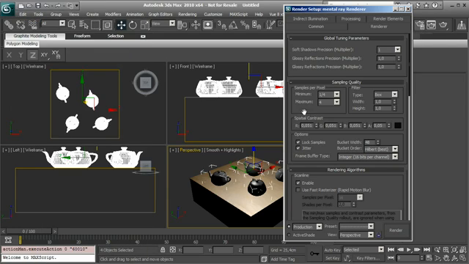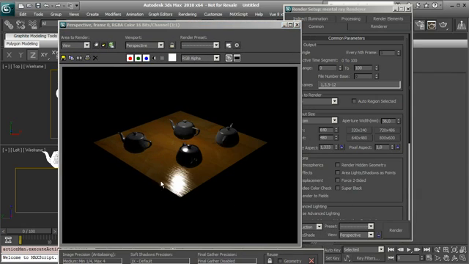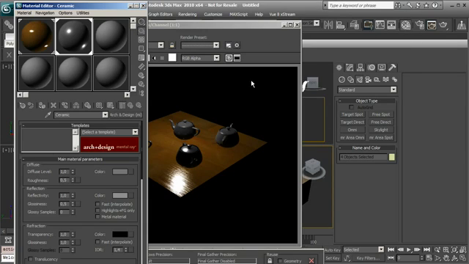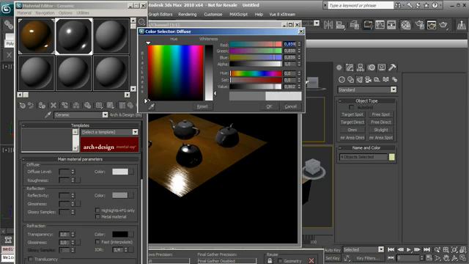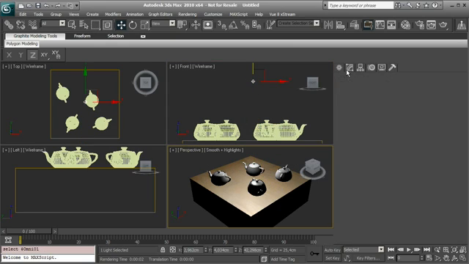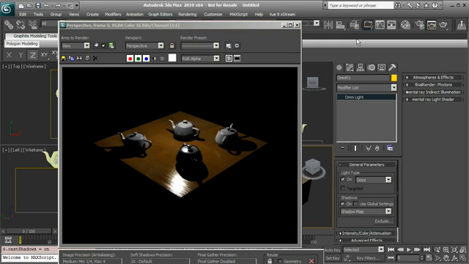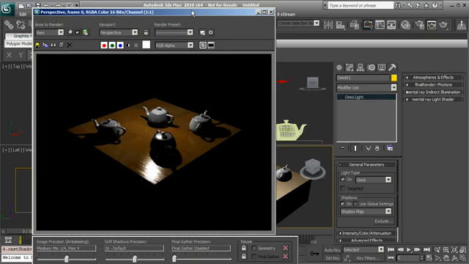Now if I try to render the scene, it will be really simple. You see we have the glossy wood, and we have the teapots. Let's change the color for the ceramic, so let's use white, and let's tone the shadows. Okay, so this will be a basic illumination test done with a standard light, but it will be interesting to